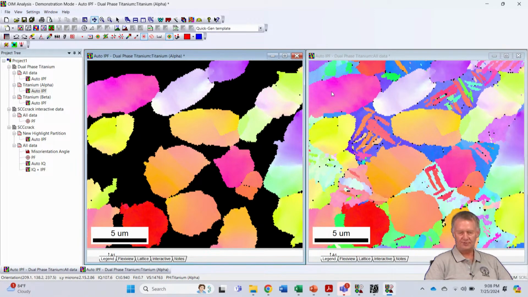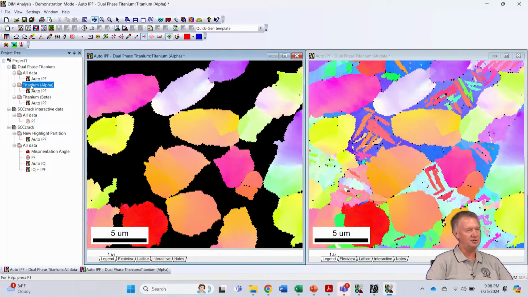Maybe I got the rest of them. Well, maybe right there, maybe that corner. But pretty much I got the rest of them, right? So this is pretty good. If I'm doing it for statistics, then I would say this is good. I'm happy with this. And then this is only now primary alpha. I haven't changed this